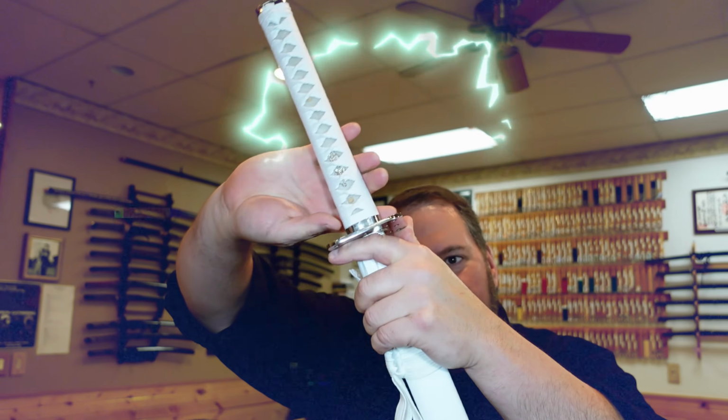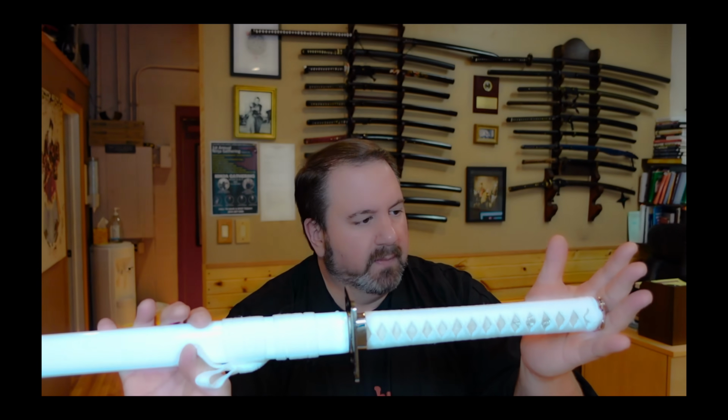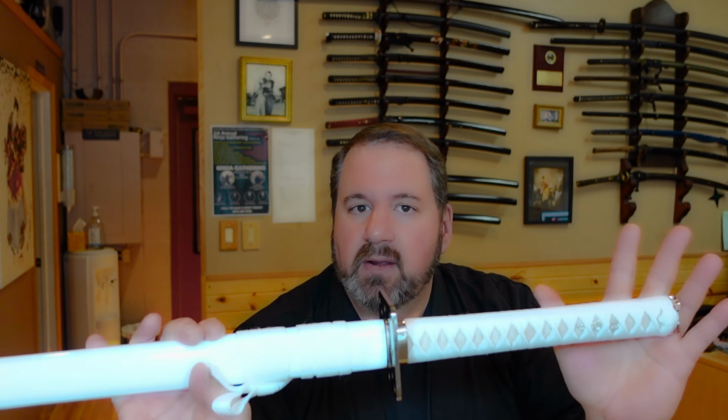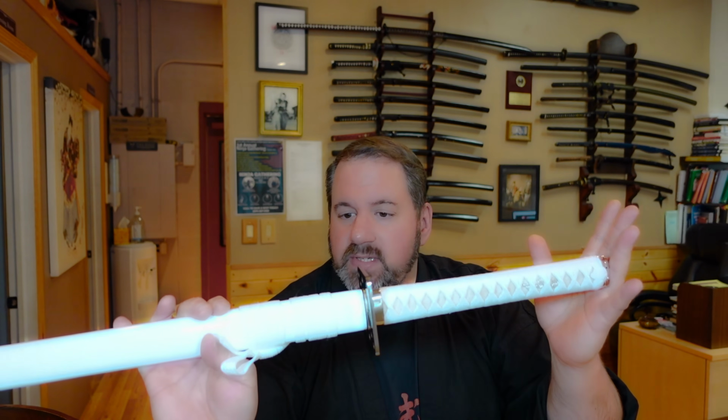Yes, let's look at this cool sword from Enter the Ninja. Those of us out there who are old enough to remember the movie Enter the Ninja from the 1980s will love this replica. This is the sword that was used by the hero Franco Nero in the movie. This is made by Liu Swords, which is a factory sword-making company in Longquan, China, which has been around for